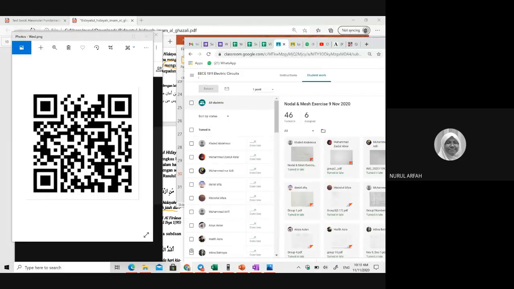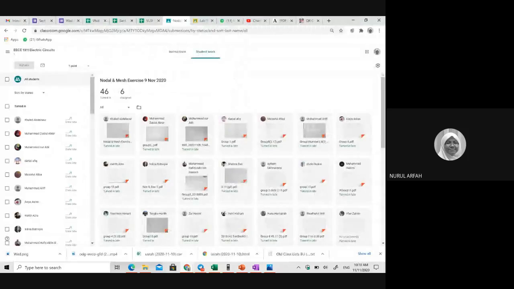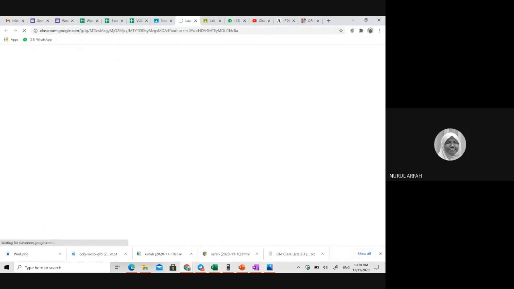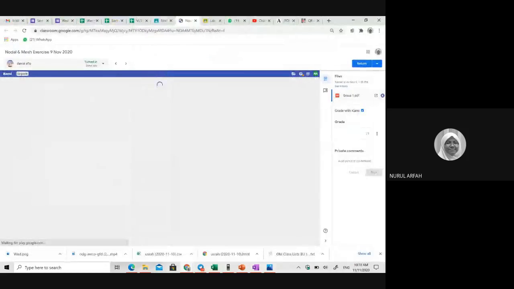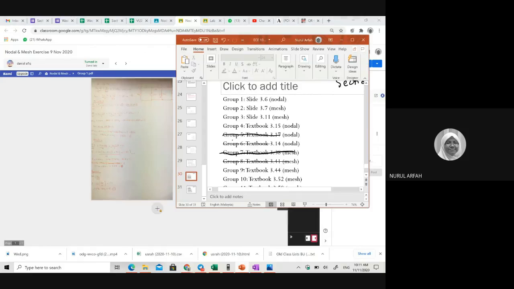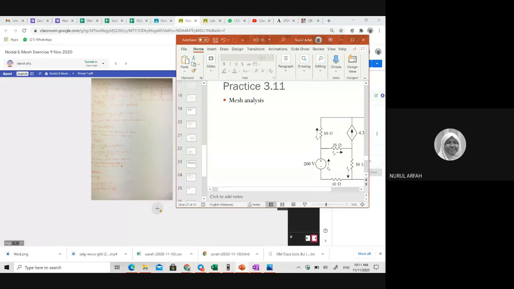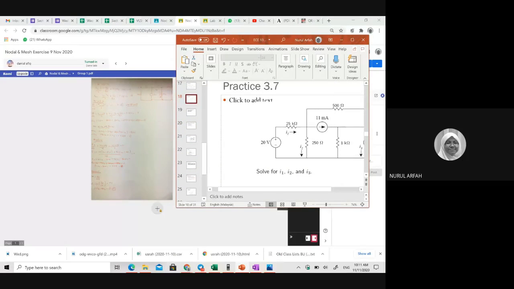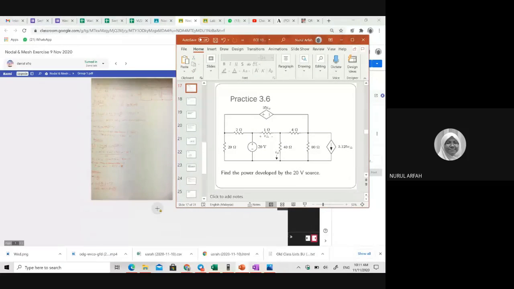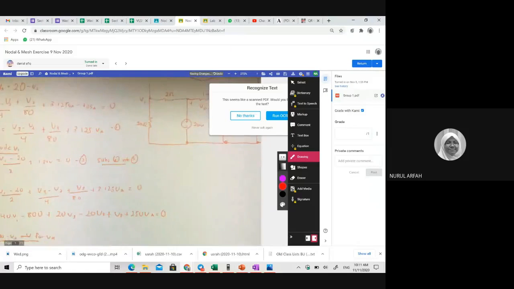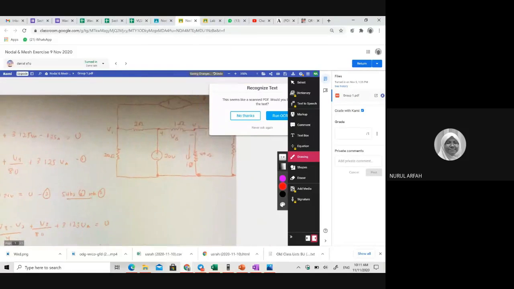Okay, this part. Group 1. Where's group 1? Okay, here, Daniel. Bismillahirrahmanirrahim. Okay, let's look at Daniel's work. Group 1 coming from slide number practice 3.6. 3.6, where's 3.6? Okay, this part. And if you look at Daniel's work,